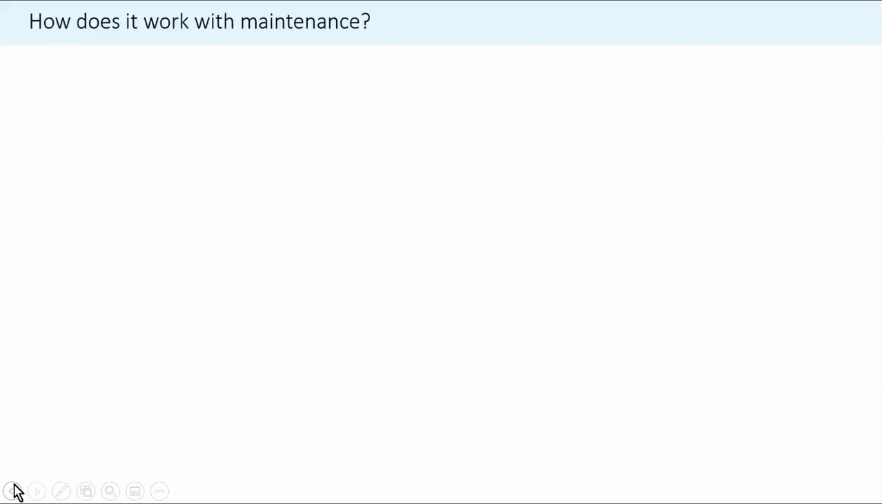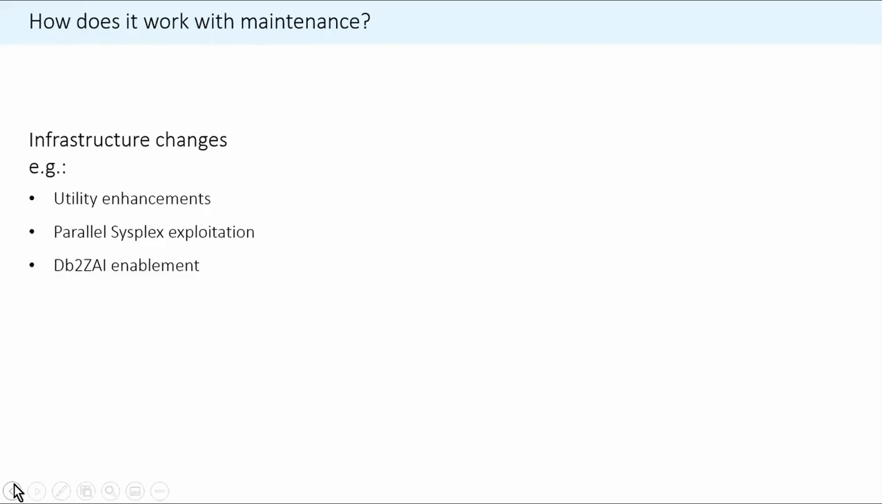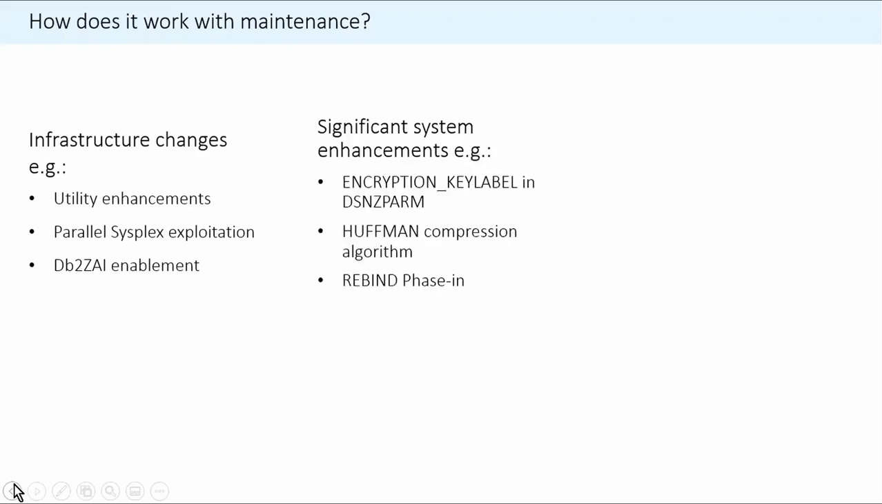So here's a simplified view of how all this works. There are infrastructure type changes, say enhancements to utilities, or things that relate to exploiting parallel sysplex, or, for example, enabling Db2 ZAI. These kinds of infrastructure changes are delivered, I'll talk about how they're delivered in a minute. There's another broad category of changes which are significant system enhancements. For example, adding encryption key label to zparms, or the Huffman compression algorithm, or rebind phase-in,